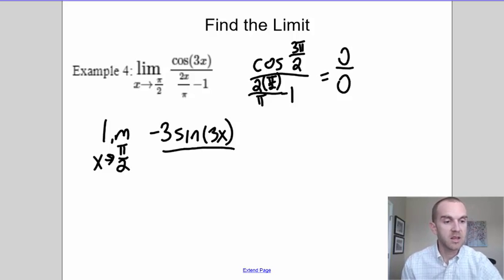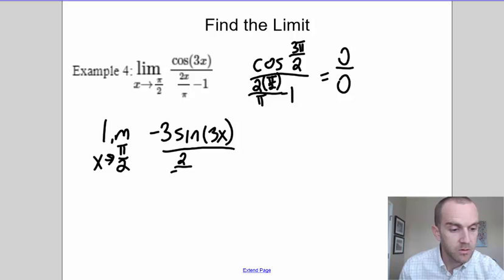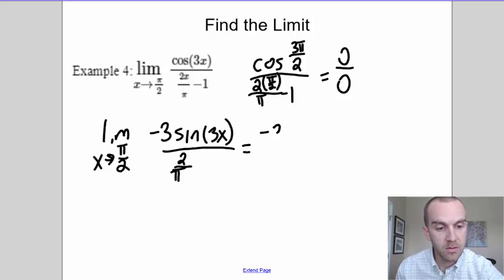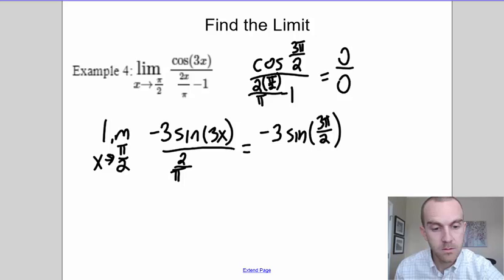And then if I take 2 over pi x, I know that this would give me 2 over pi as the derivative of my denominator here. Now I can plug in pi over 2, and I have negative 3 sine of 3 pi over 2